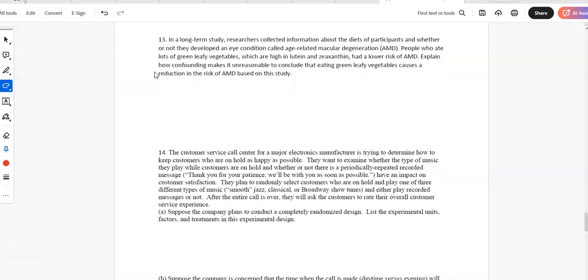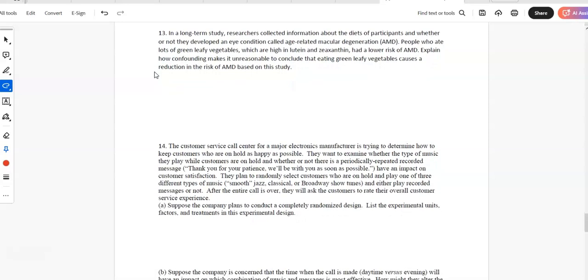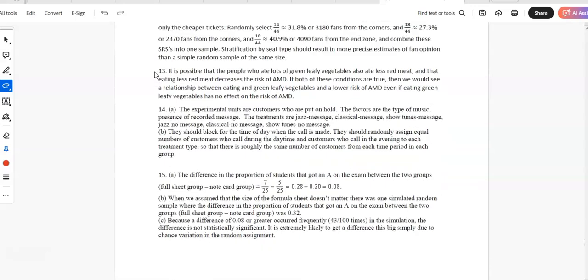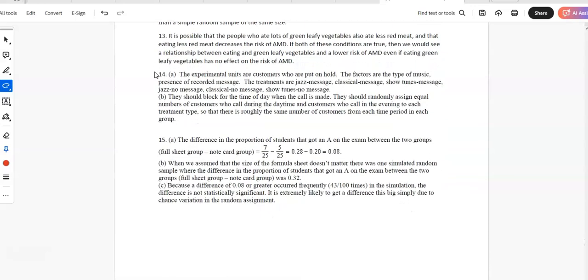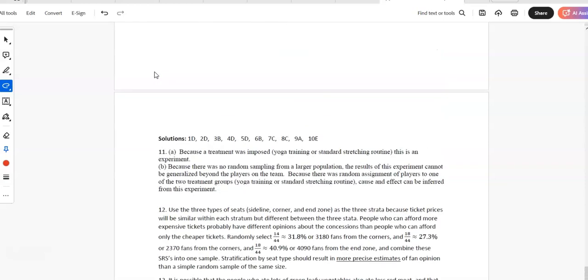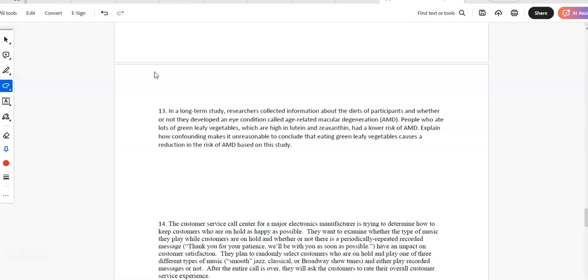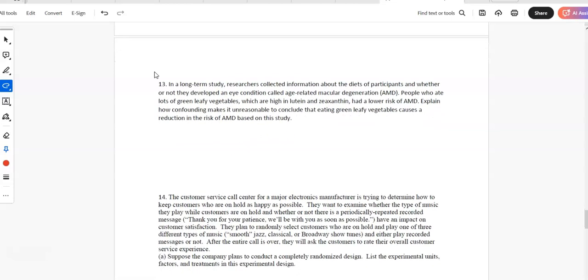Okay, so they collected information about the diets. People who ate... I don't think they had an experiment here. So this is just an observational study. Let's see what it says. Sometimes on these word ones, it's good to look at it. Did it say confounding? I didn't read the question carefully. Let me go back there. Explain how confounding. Oh, so